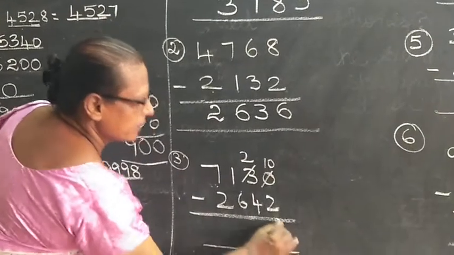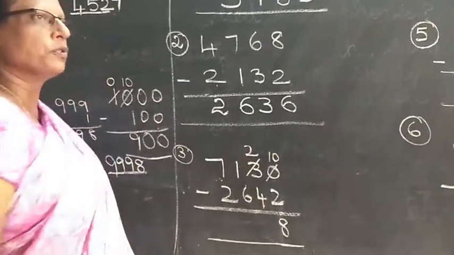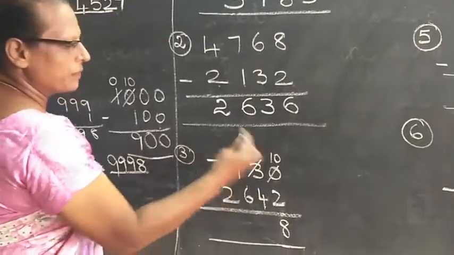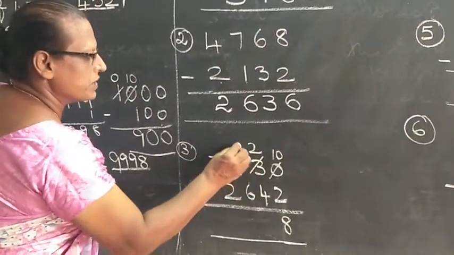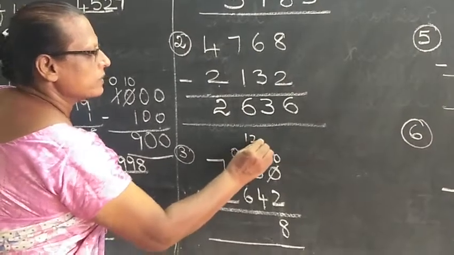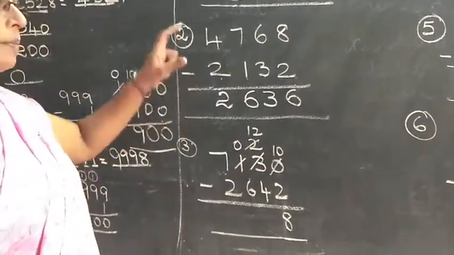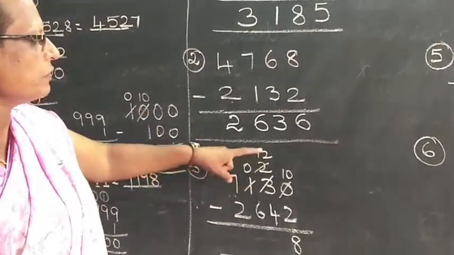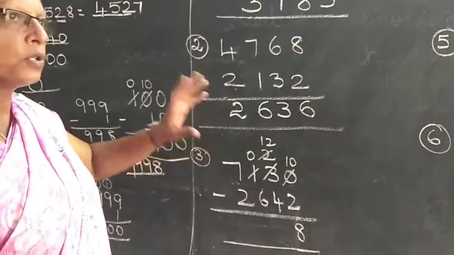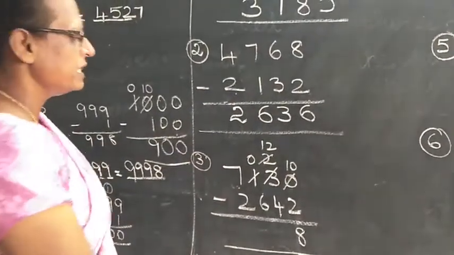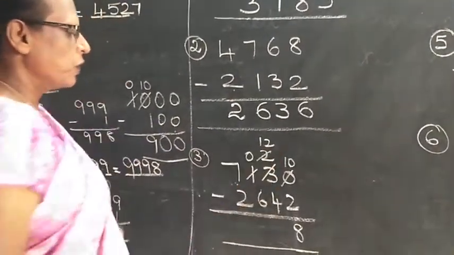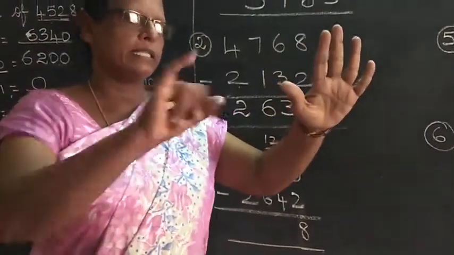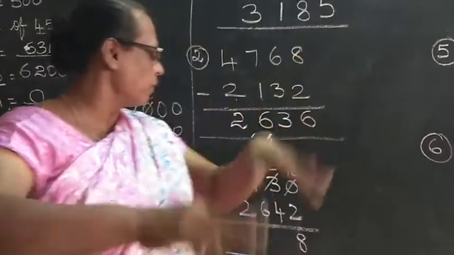8. And after 4 can you count up to 2, children? No, it's a smaller number. So again what do you have to do? You have to borrow from the next one. So this 1 will become 0 and this 2 will become 12. So children, while copying down in the notebook, you have to leave two lines, because we have 3 borrowings, isn't it? So you leave 2 lines so that it will be very neat. After 4 you count up to 12. After 4: 5, 6, 7, 8, 9, 10, 11, 12. Again, 8.